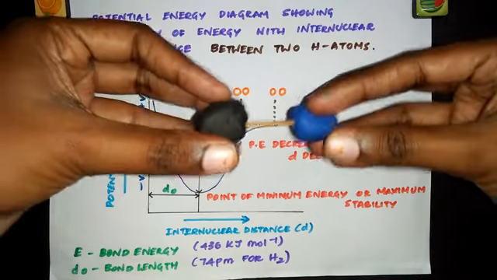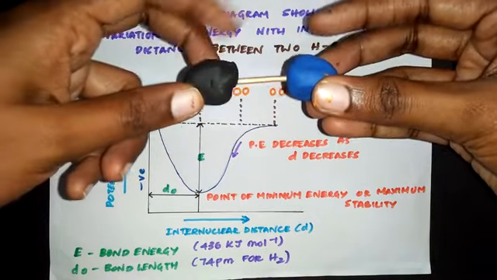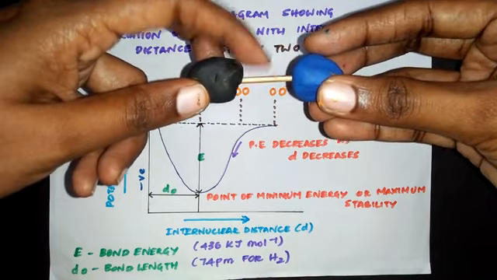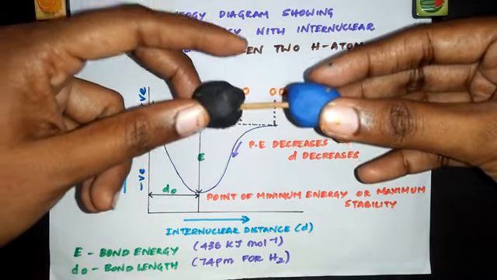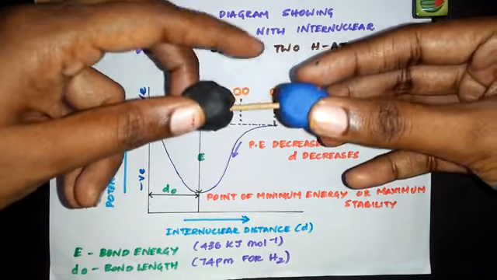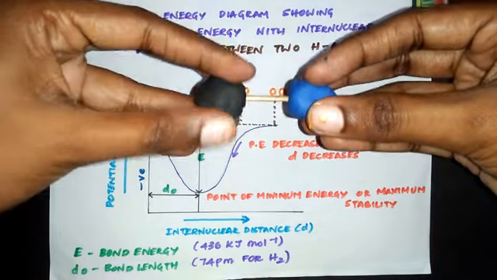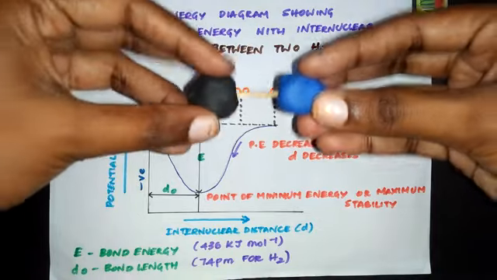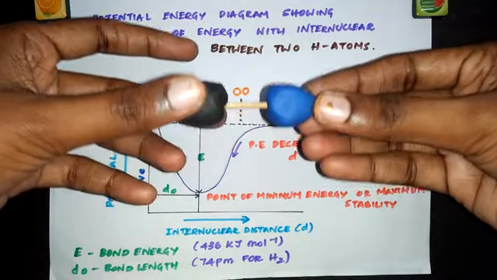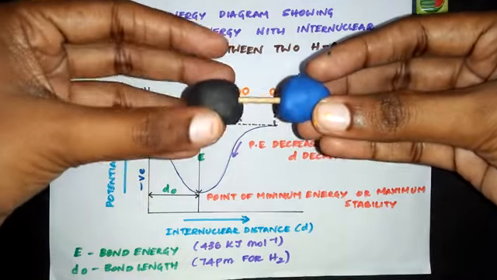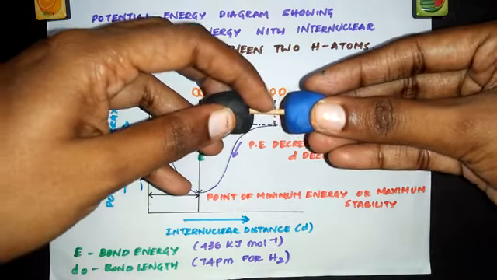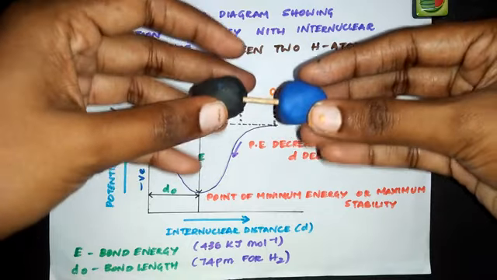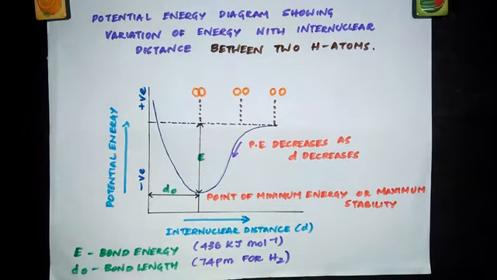So at this stage, the distance between the two nuclei is called bond length. And in the case of hydrogen, this bond length is 74 picometer. Just to understand this model, I've put a bigger stick here, but the actual bond length is not this big. It will be very, very small, and you can understand, even an atom you cannot see with naked eyes. So when these two hydrogen atoms are stopping at this distance, that distance between the two nuclei is called the bond length. So in the case of hydrogen, the bond length equals 74 picometer.